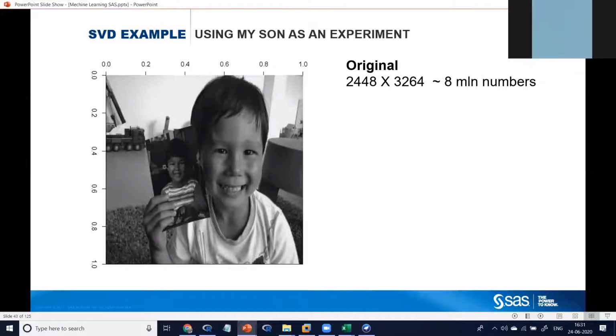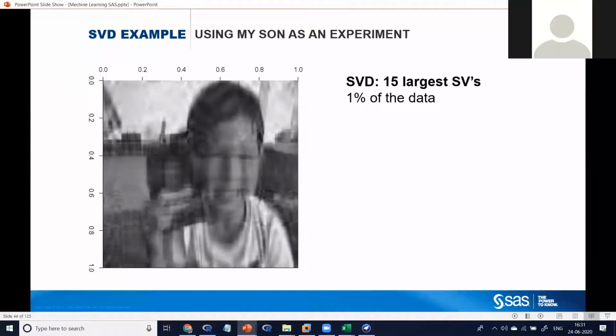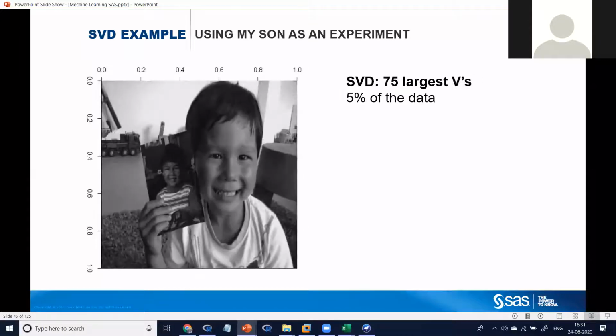Now if I take 1% of the data, the picture is blur. You can't understand it. At least 75% of the maximum variance, which is 5% of the data, either 5% data or 100% data, both are the same. So instead of the original picture, go for this picture. For picking the data, dimension reduction is helping. If you have 1000 variables, they become 50, 60, or 100 variables.